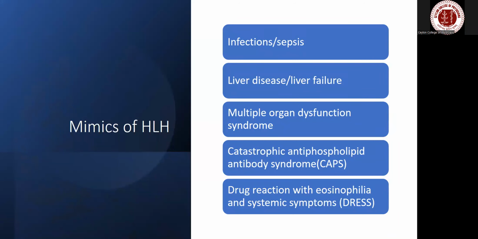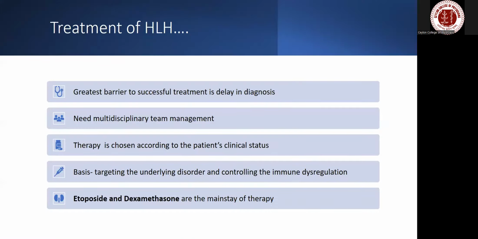So these are the mimics of HLH you have to think of: infections or sepsis, liver disease or liver failure, multi-organ dysfunction, catastrophic antiphospholipid syndrome, Rett syndrome, and drug reaction with eosinophilia and systemic symptoms. So for treatment of HLH, the greatest barrier to successful treatment is the delay in diagnosis, because it differs in severity and complexity, and the rarity is different. That's why the physician has to pick this up very quickly and we have to liaise with the other potential teams to get a successful